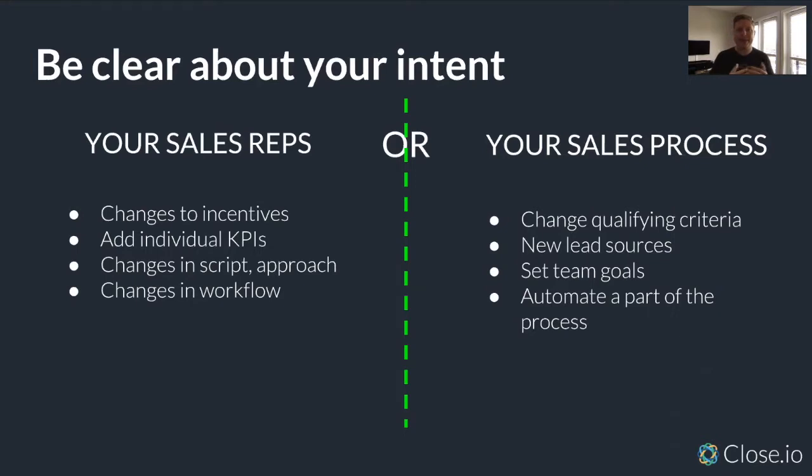And it may be easier for some of you just to start on the sales rep side, to just say, okay, Sally, I have the last couple months, we think you haven't been doing as much activity as we think you should. So this next month, if you do X amount of calls or X amount of activity, you're going to get this goal. You're going to get this amount of a bonus. If you really hit this upper tier goal, you're going to get this next bonus tier. So kind of tier that out, and then the result of that is you're going to expect them to do that going forward, and then you're going to see the results of that added activity.